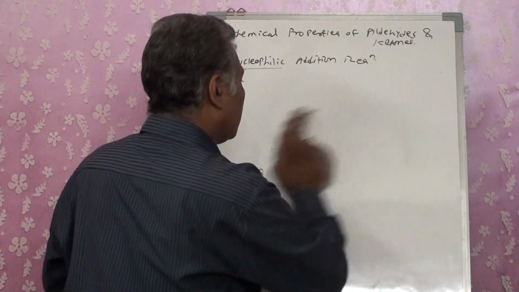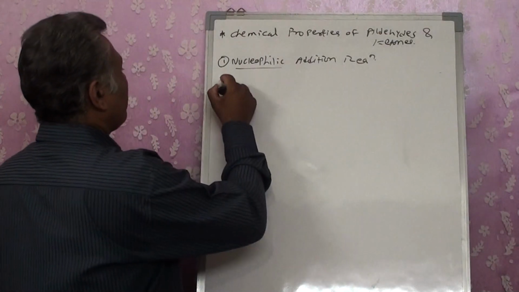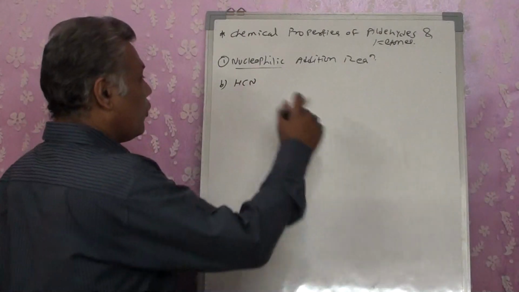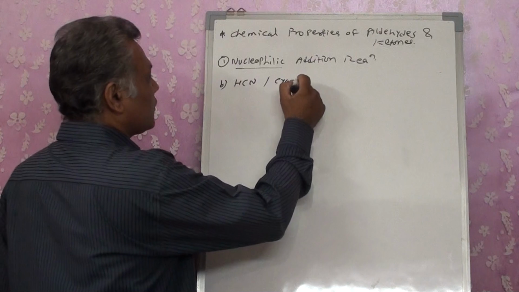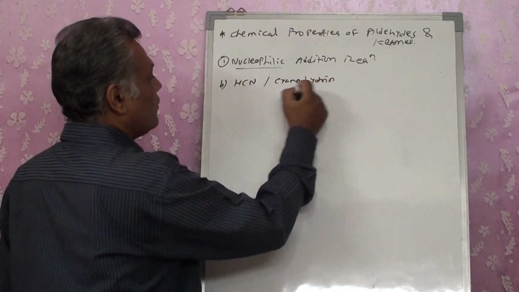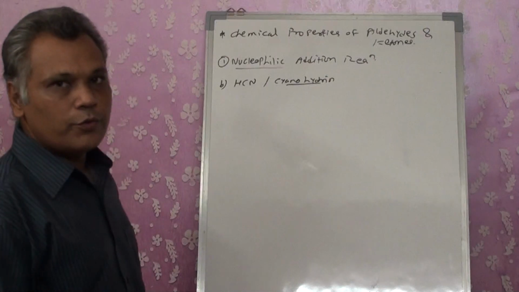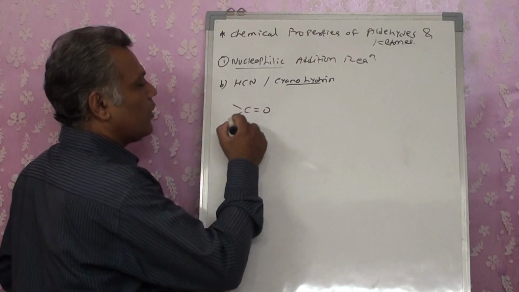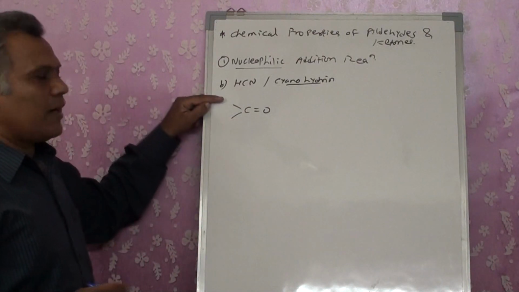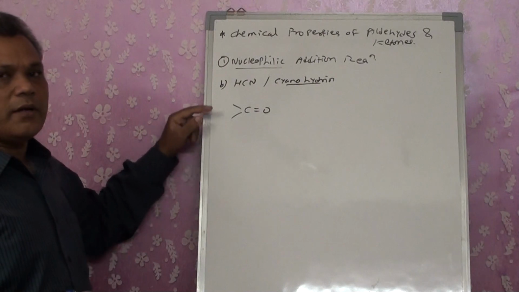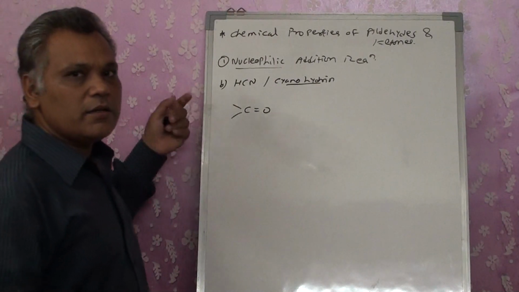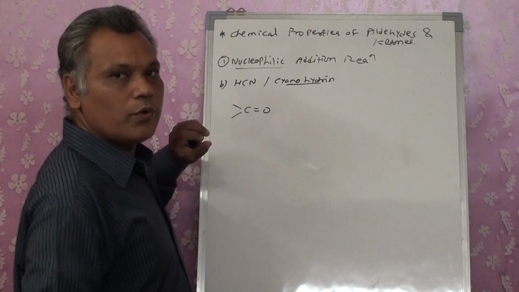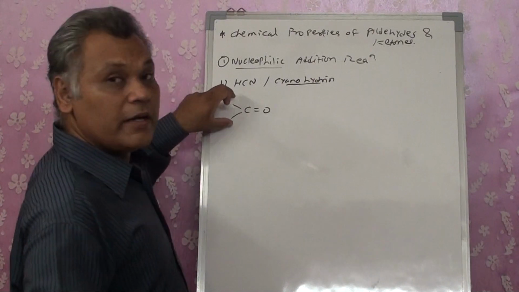Now let's go for the second reaction. Reaction with HCN. That is going to produce cyanohydrin as a product. Again, we have a carbonyl group. If one is alkyl and one is hydrogen, then it will become aldehyde. If both are alkyl or aryl, they will get converted into ketones. So I am just writing now the carbonyl group, right? So either it may be aldehyde or ketone.